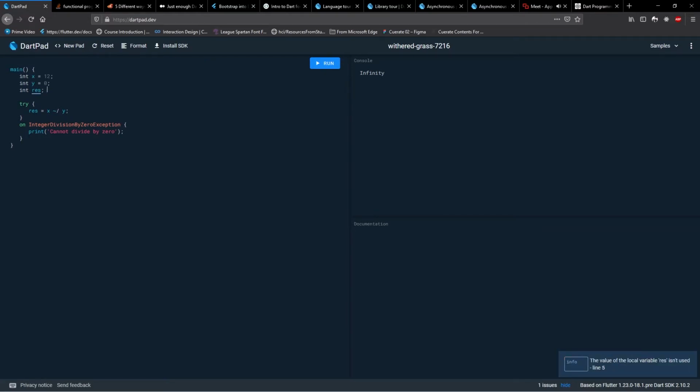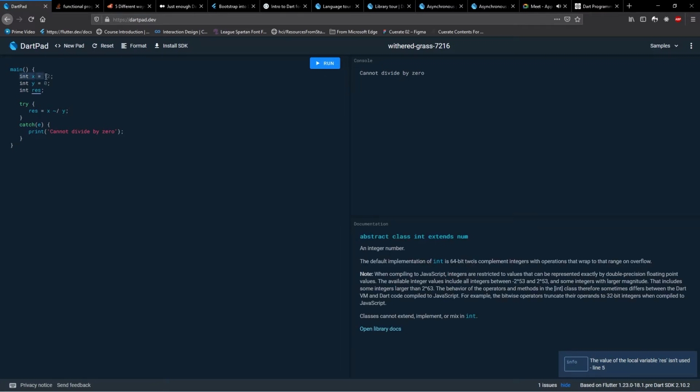Okay, what's happening over here? I'm going to assign int x is equal to 12, y is equal to 0, and I'm going to give a result. And here I'm going to do on exception. Now let me just do catch. I'll get to the on exception later. Catchy, please work. Alright, so finally, something that I can demonstrate to you guys.